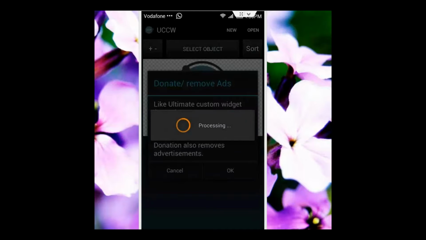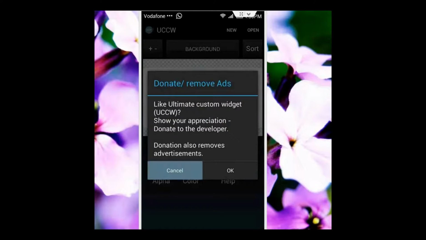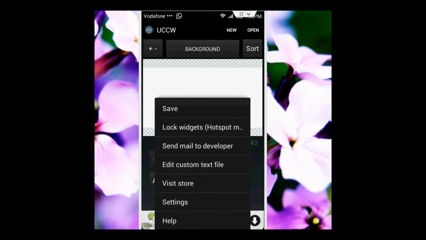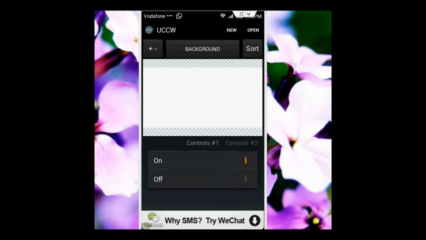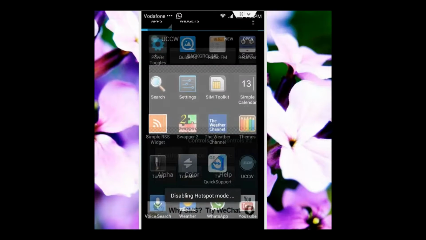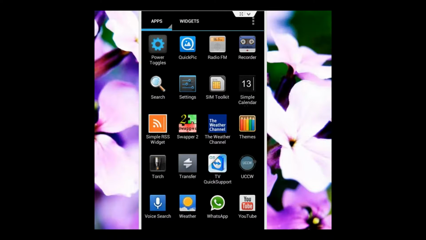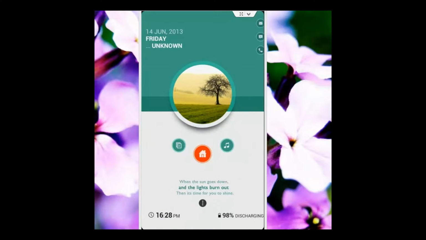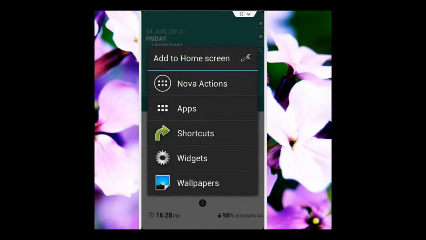Once the app loads, press the menu key, go to lock widgets and turn it off. You need to turn it off to be able to edit the UCCW once you set up that widget. So once done, go to your home again, then your widgets menu,